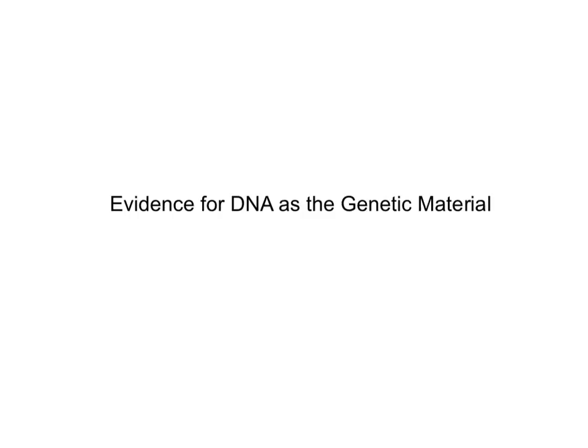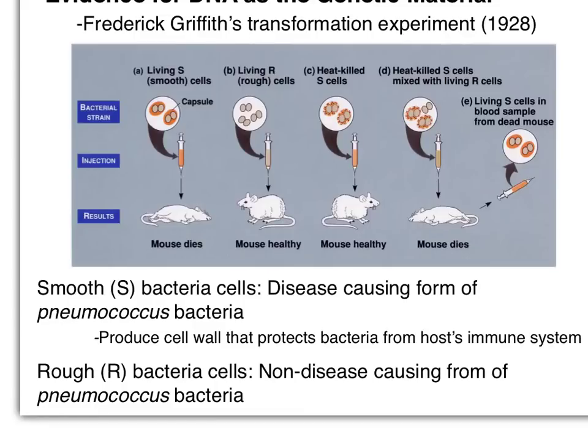This video will cover 3 different types of experiments that were performed in the early 20th century that ultimately revealed that DNA, or deoxyribonucleic acid, served as a genetic material in living organisms. The first experiment that attempted to reveal that DNA was the genetic material actually had little to do with DNA at all. Frederick Griffith performed a series of experiments in the early to mid-20th century with 2 strains of bacteria